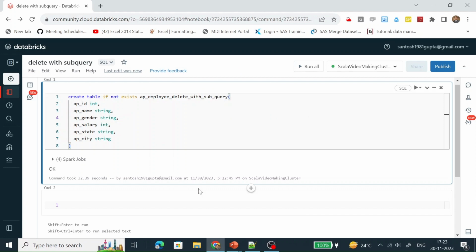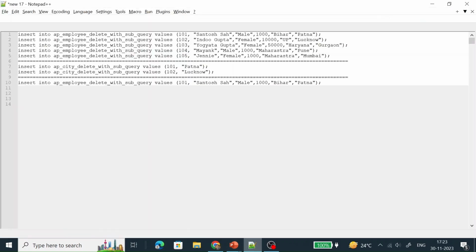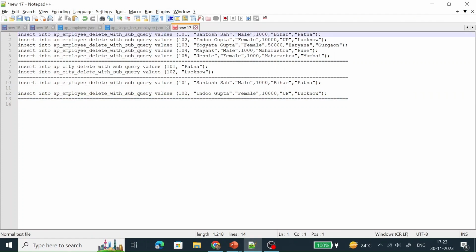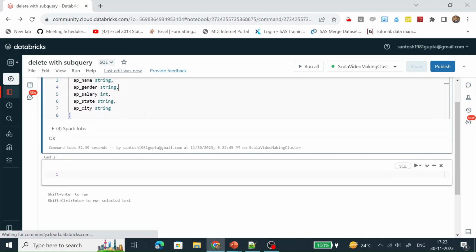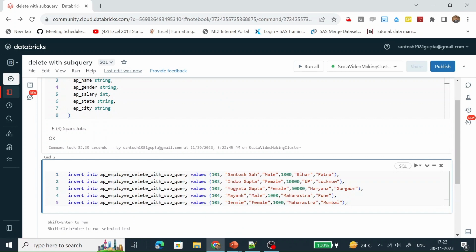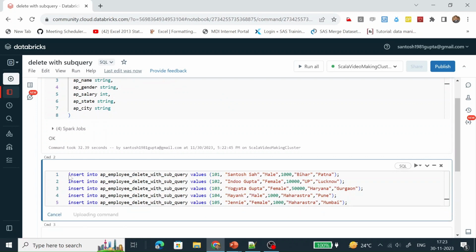So we need to create the insert statement. To save time, I have just created the insert statement. These are very simple insert statements. You can see and you can create it. That's why to save time, I am just copying it from Notepad. Let's run it.